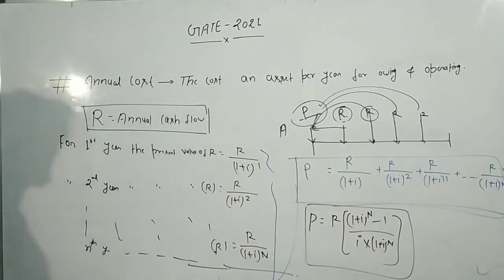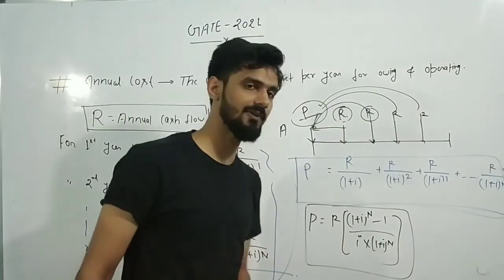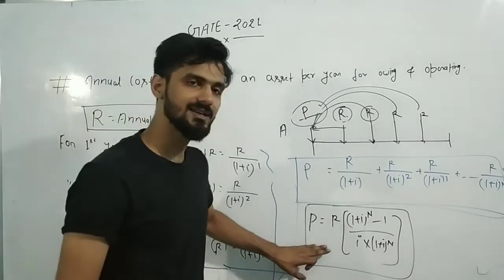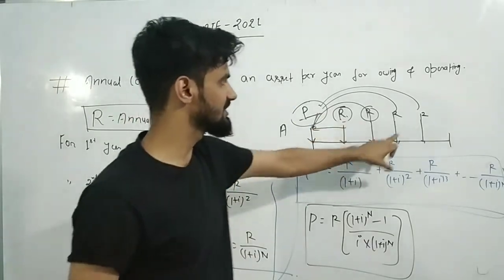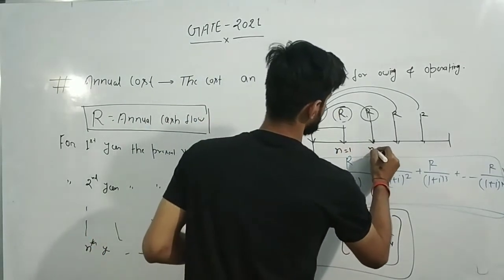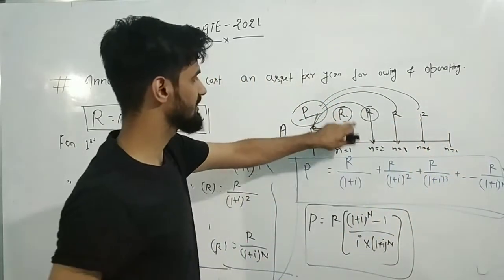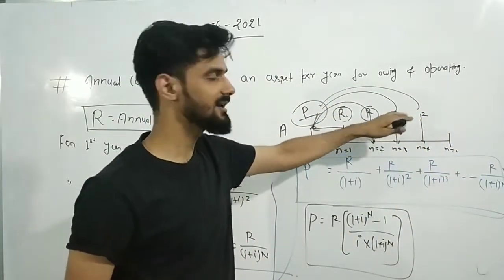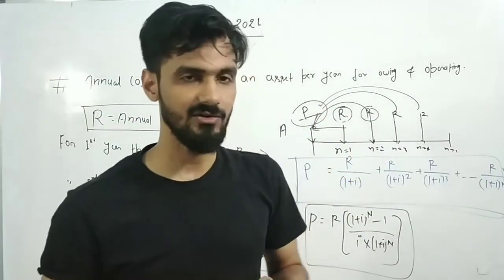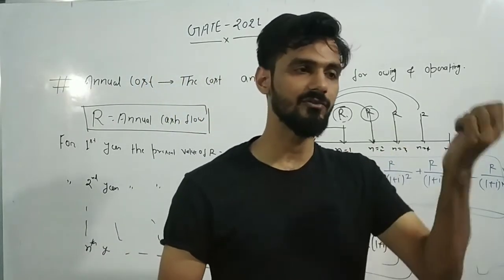Okay. Now understand one thing. I will tell you later on with the help of an example. Then it will be very clear to all of you how you will calculate the annualized cost. I think up to this it's very easy to calculate annualized cost already. You can see the cash flow at n equals 1 year, at n equals 2 year, at n equals 3 year, at n equals 4 year, at n equals n year. Each and every year you are getting a cash flow in the project, R. Then you are going to convert this cash flow into its present value, and after summation of all these present values at n equals 0, it will give you the original cost or original present value of all the assets. Okay.